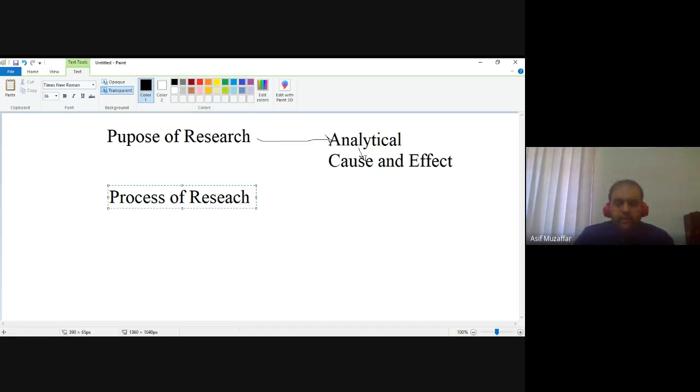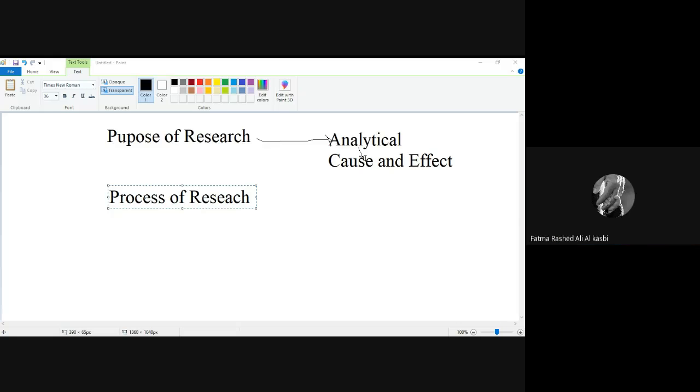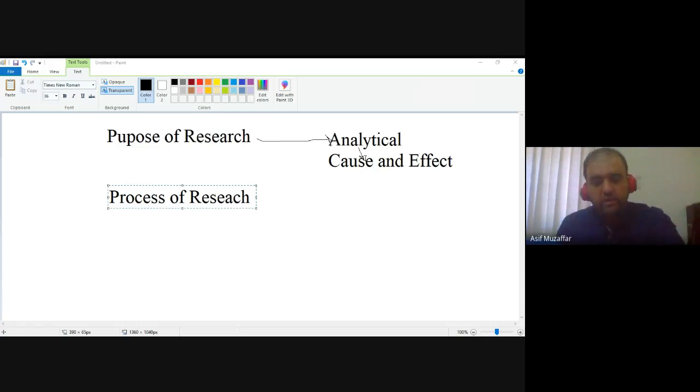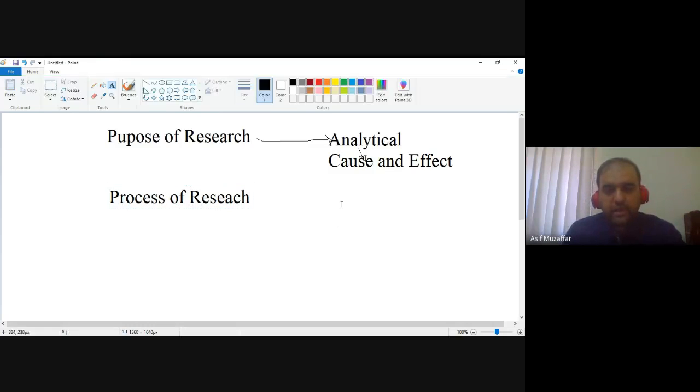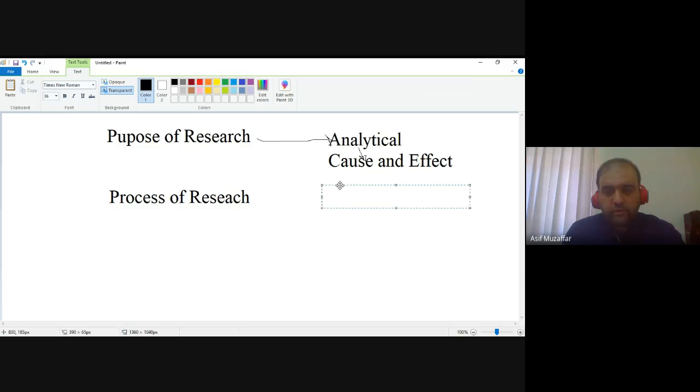What type of data will I collect? Can anybody tell me? Is it quantitative or qualitative for this type of research? Quantitative? Yeah, it will be quantitative. Good. So let me put it as quantitative. My process of the research will be quantitative data. That means I have to do some questionnaire with close-ended questions in it. So there will be a survey with close-ended questions, not open-ended.